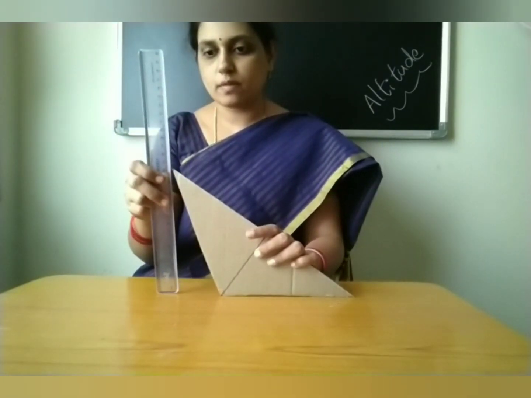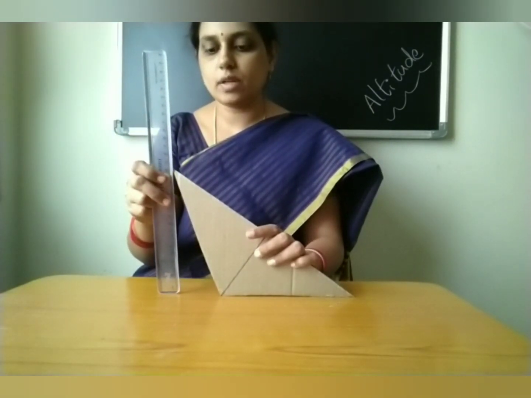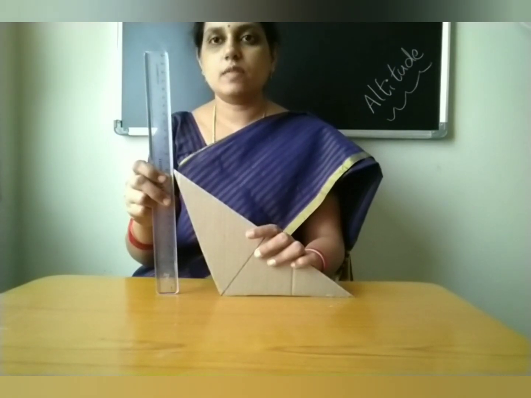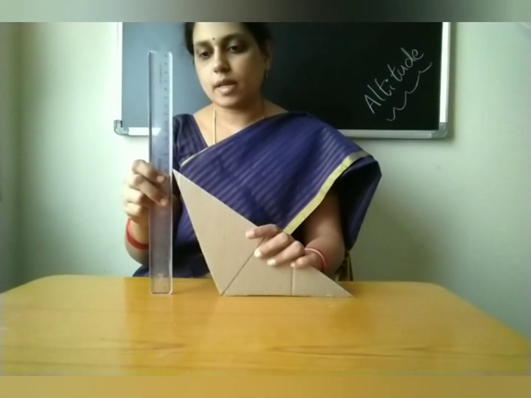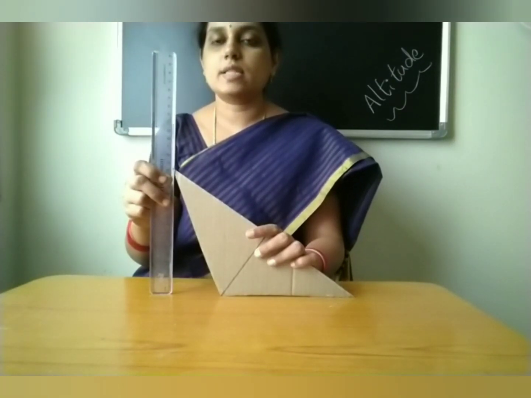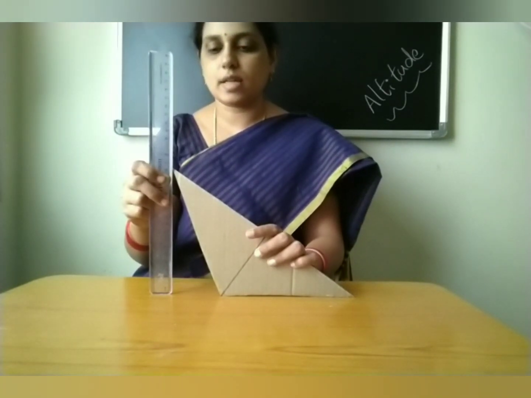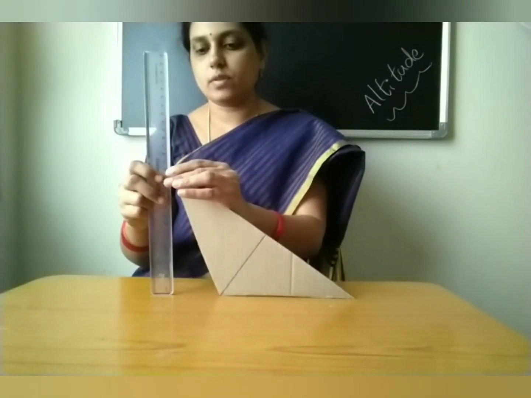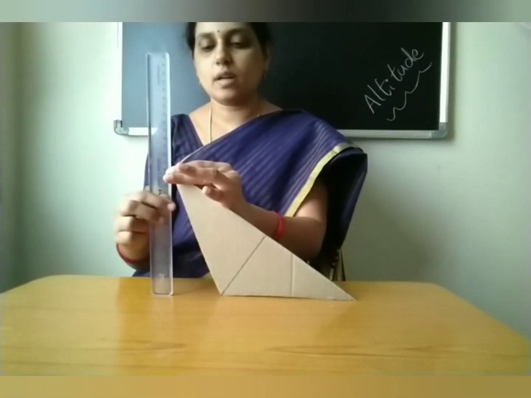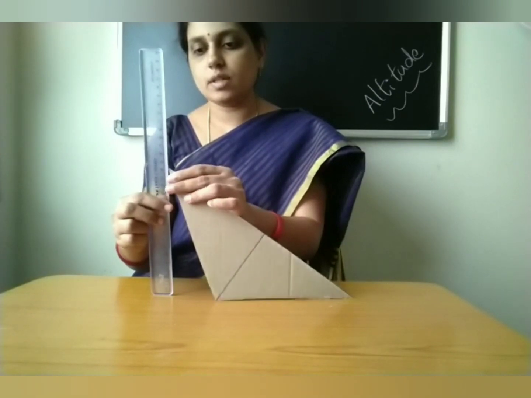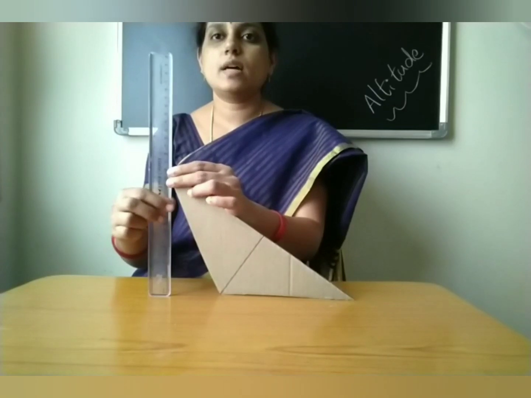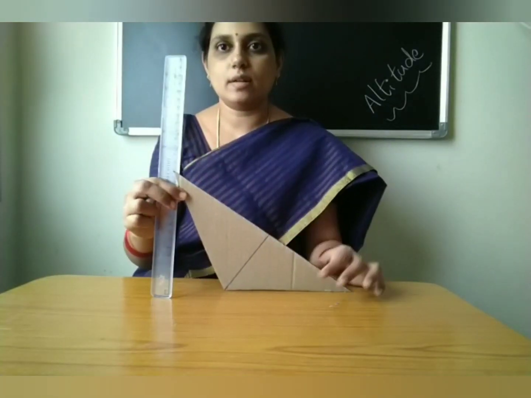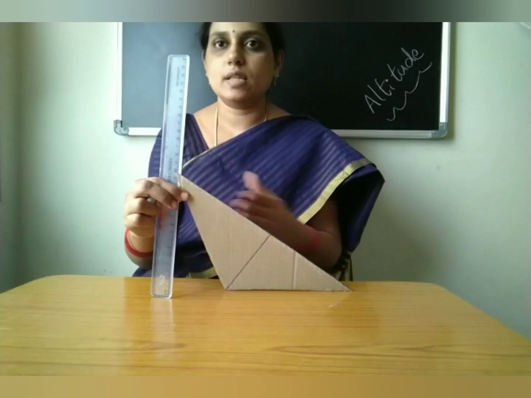So now from the vertex, if you have to draw the perpendicular to the base, then it will be like this. Okay, at 90 degrees if you draw the line from the vertex, then it is completely lying in the exterior. Here actually you have to think of an imaginary line. On the board we can draw, I will show that. So now here completely the altitude is lying in the exterior, that means outside the triangle. The altitude is not lying in the interior.